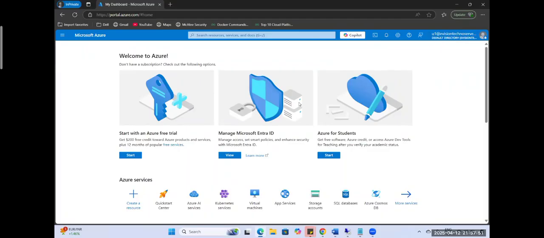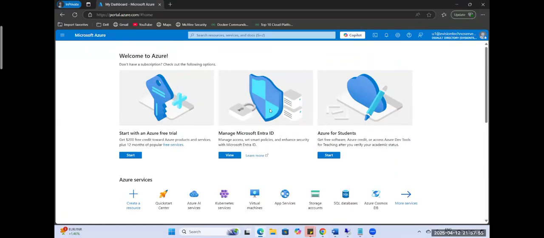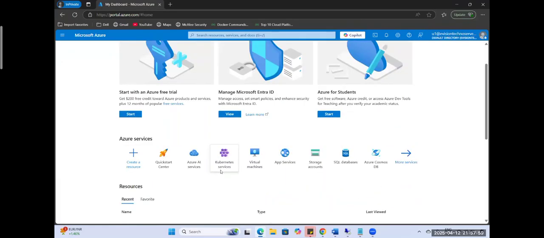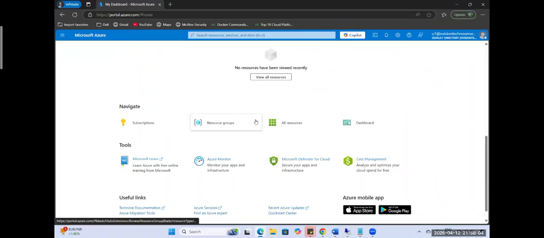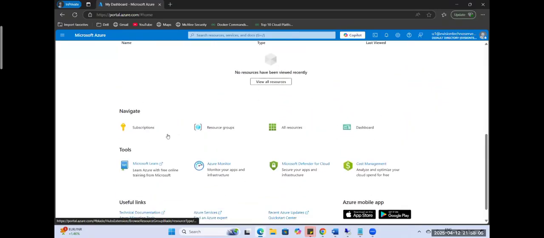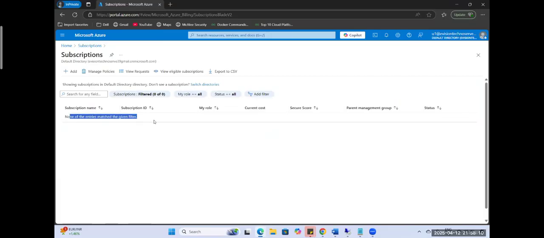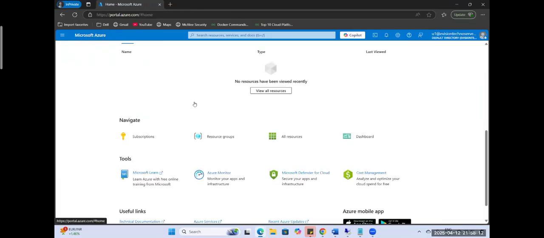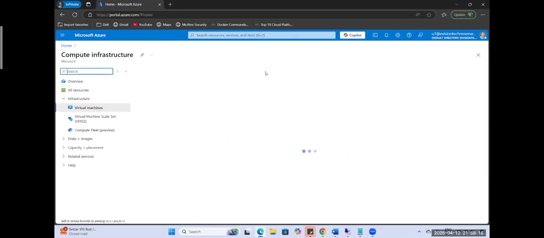So they will log in into the portal and whatever services we want to give them, we have to provide the access from the admin portal. So U1 has logged in, but you can see there is no access for the U1. U1 के पास कोई access नहीं है, देखो. He cannot open anything. If you go to the subscription, see, there is no subscription. He cannot see any subscription. And if you go, let's say, to create virtual machine, he will not be able to create the VM